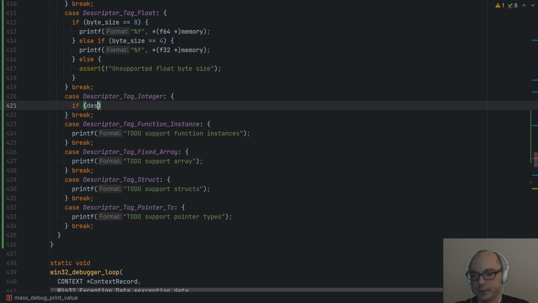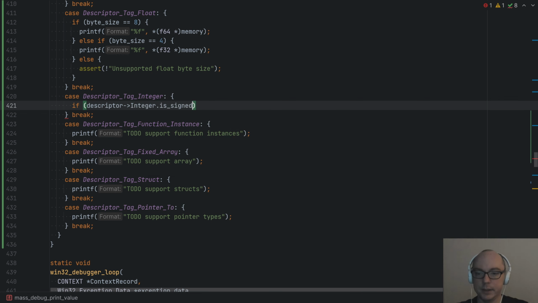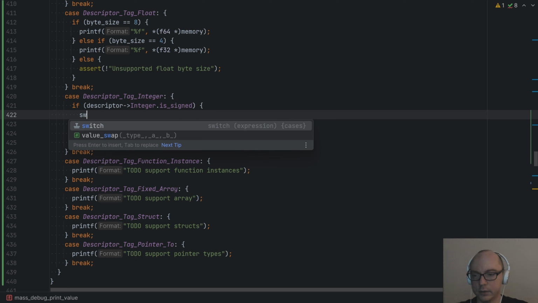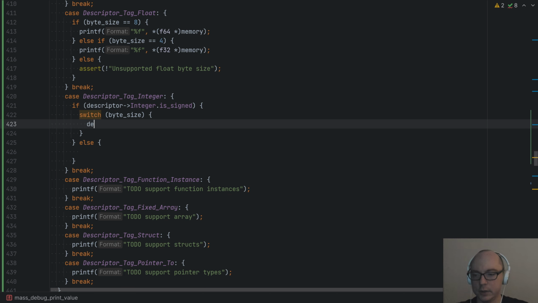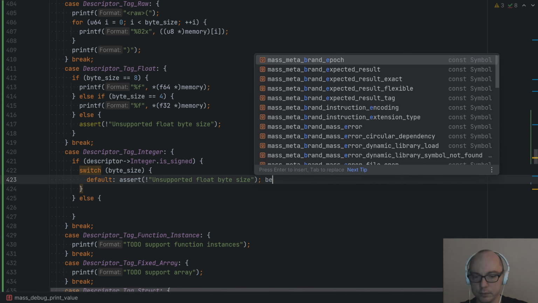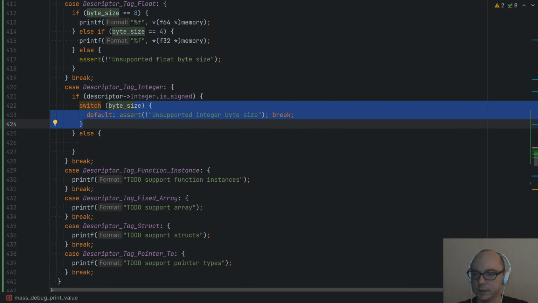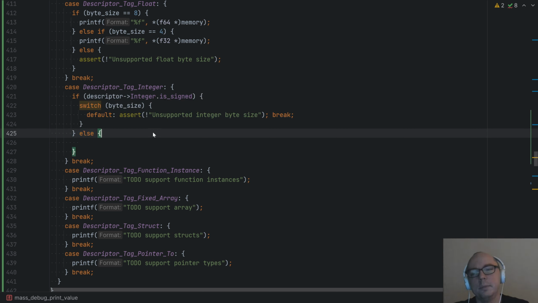So the thing with integers is that they are either signed or unsigned. So I guess I need to do something like this, right? And then say default, you know, this kind of stuff. Unsupported integer. I don't know what is the better option. I mean,